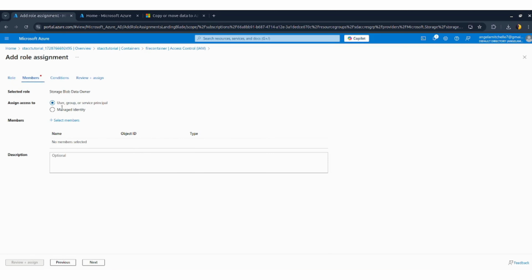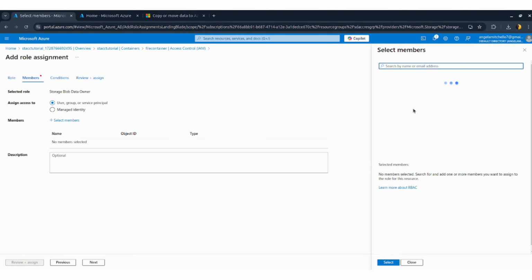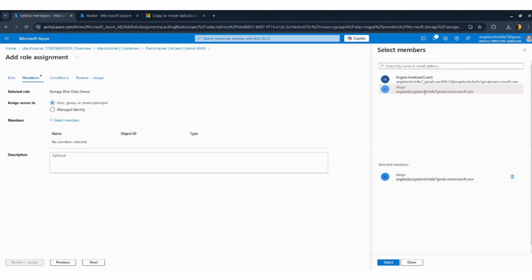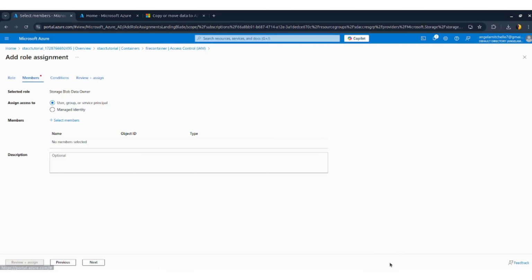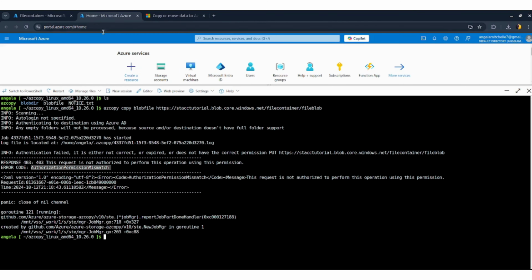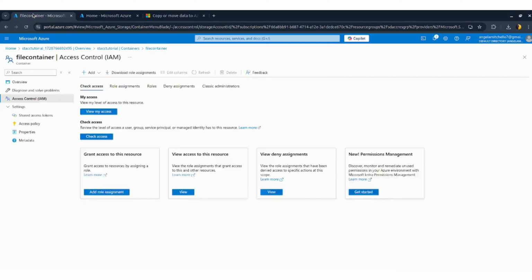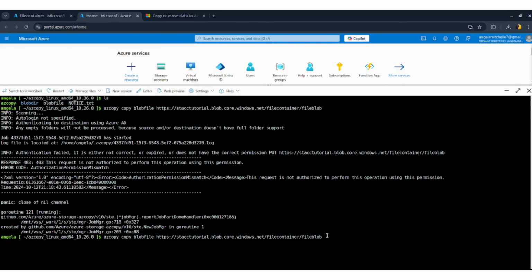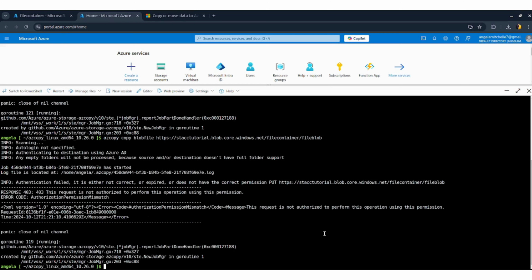We've chosen that, and then members. Select members. Which user are we granting the permission to? We are granting it to the user that I created, so this user, the second one. I've selected it, and we'll select the user and review and assign. So it's adding the role assignment. If we try to run that command again from here, we won't encounter any error. So use the up arrow key to try again. Has the role been assigned? Yes. So let's try again, and this time around,